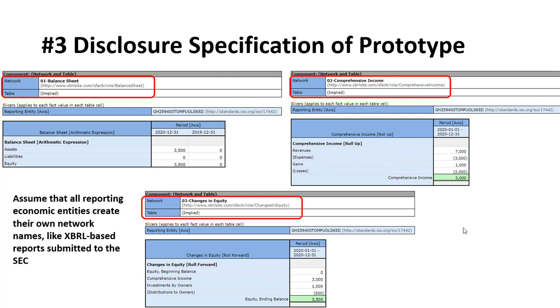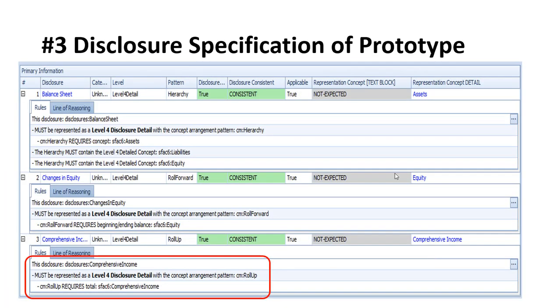Okay. If you did have to use a hypercube, then sometimes you have a network as an identifier, and sometimes you have a network plus a hypercube as an identifier. Okay, a third way to